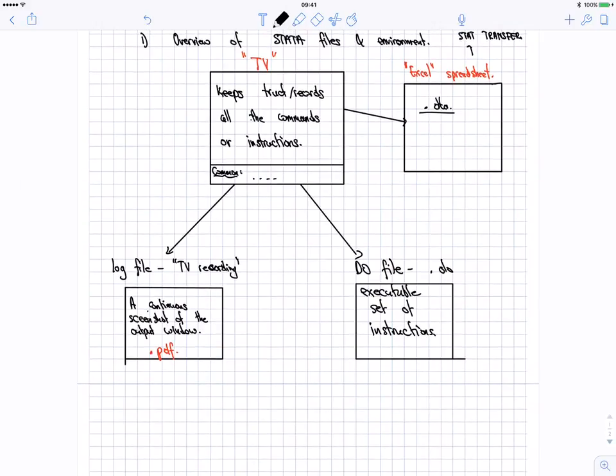So in summary, when you open up Stata, differently from Excel or Word, you're not working with a single file, you're working with multiple files. So it's not about the software, it's about the environment. This whole ensemble of things makes the environment of Stata. You have a TV, you have the capability to record what's happening on the TV, and that's the log file. You have the capability to record the executable instructions so you can play them again and change them as you please. And you also have the equivalent of the Excel spreadsheet, which is your data file, which you don't normally directly change, but you change these commands. And that concludes that first